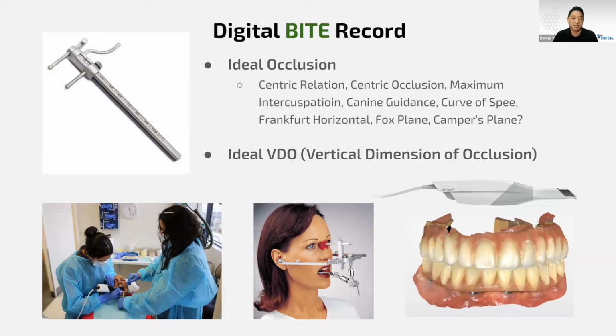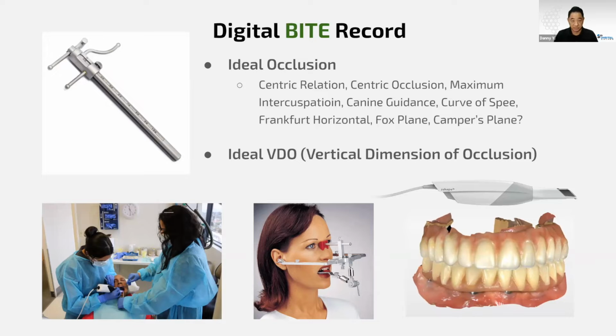The other part of it is the vertical dimension of occlusion. It's basically just the idea of capturing where that bite is in relationship to the face. That's why you want to have facial photos or a facial scan, so that you can actually ensure that the vertical dimension of your occlusion makes sense in that patient, so that where the teeth come together when the patient is smiling, all that stuff, it looks natural and it looks right